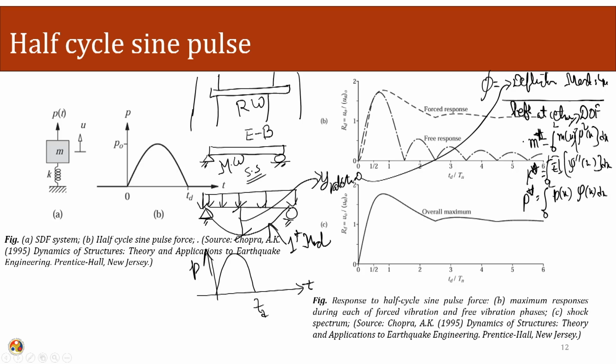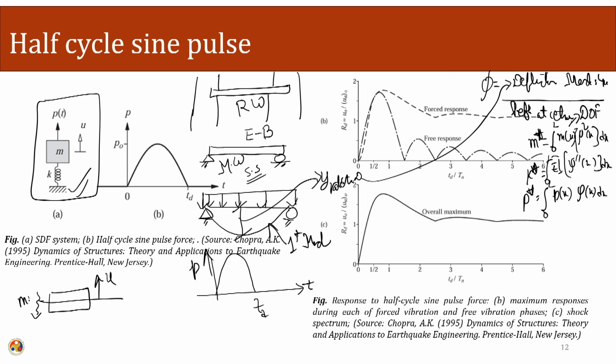Once we have our equivalent mass, equivalent stiffness, and equivalent forcing function, we change this into our single degree of freedom approximation, and from there we draw our free body diagram. We are using D'Alembert's approximation. Normally in case of blast and impact loading, we ignore the effect of the damping. Once we ignore the damping, we can write our equation of motion.